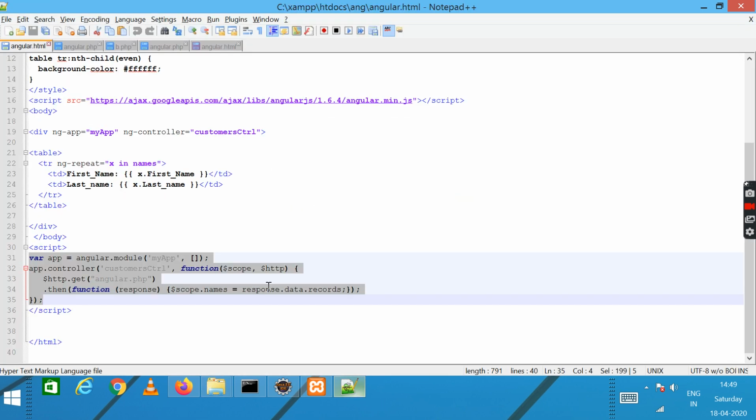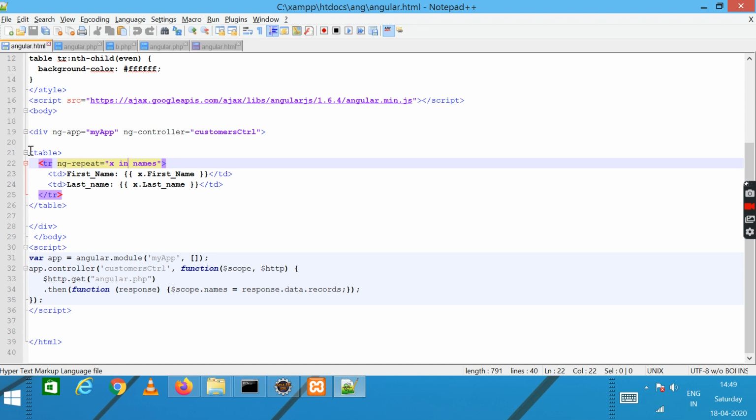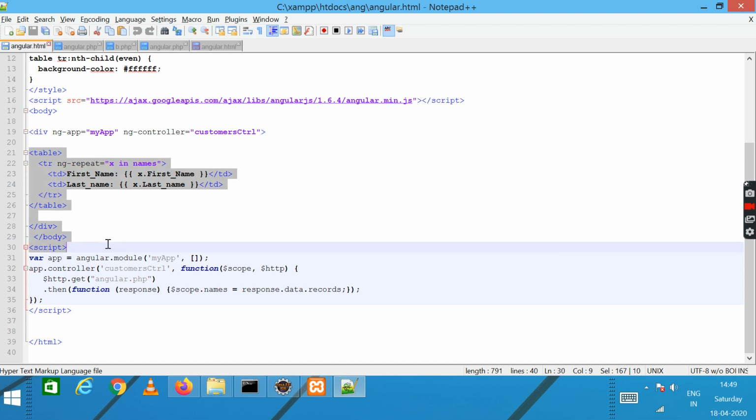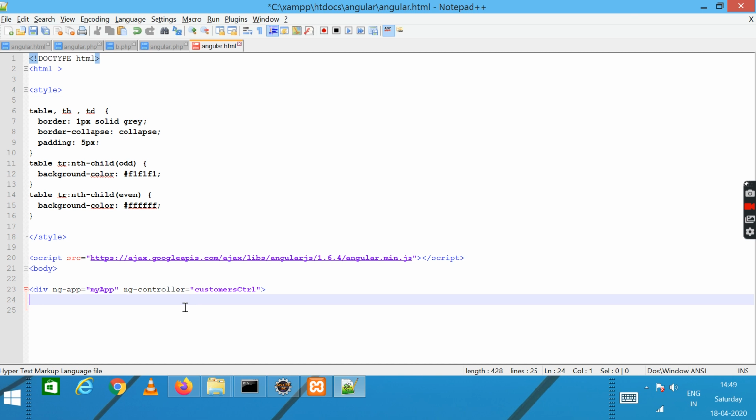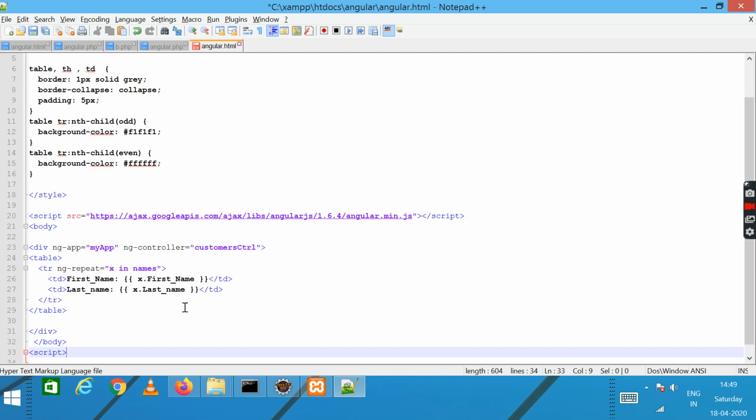But before that, we'll write the table tag. So this table tag is used.